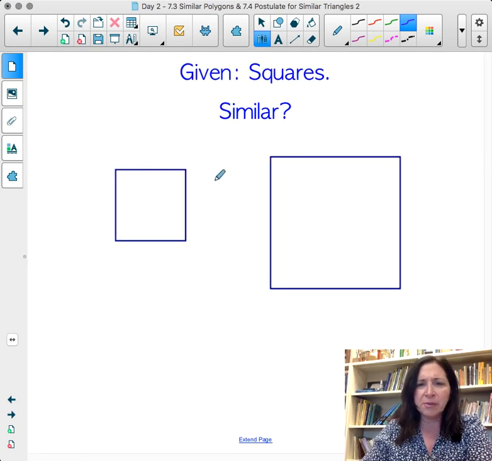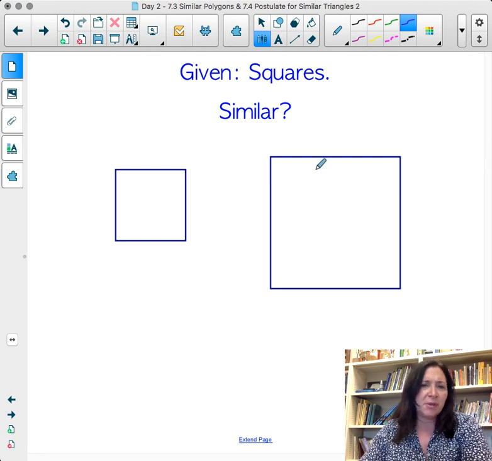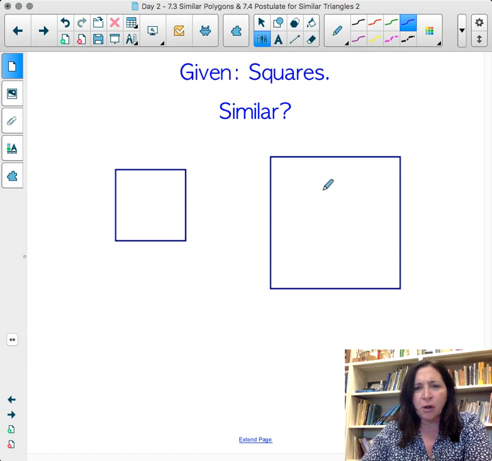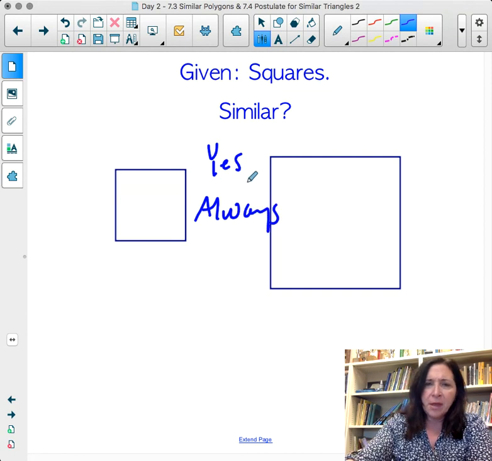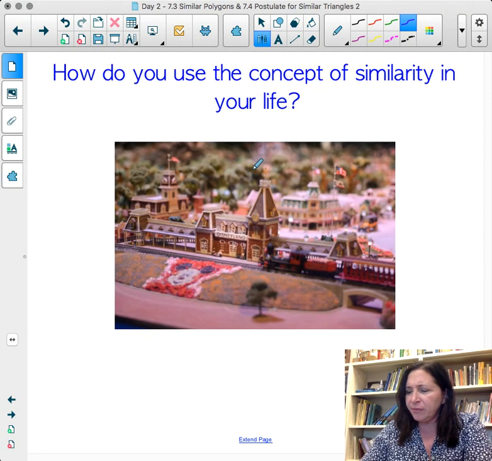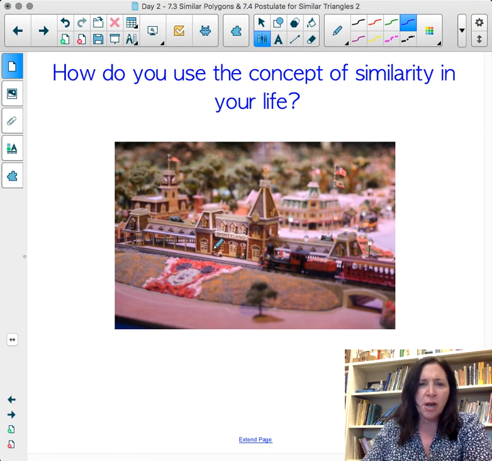Now, squares are similar because the sides are always going to be equal and in proportion. Likewise, the angles are all congruent. So if squares are similar, the answer is yes, always. Okay. But a lot of different examples occur when you are checking this, like you're comparing shapes of like a